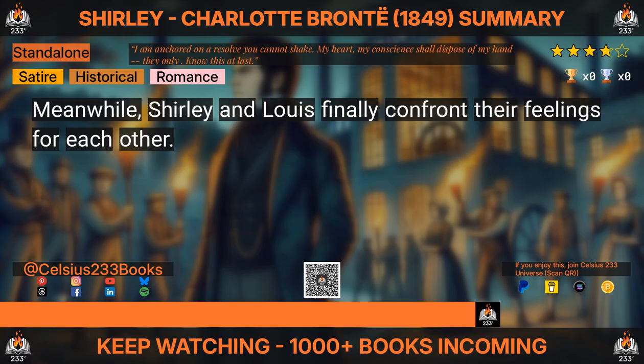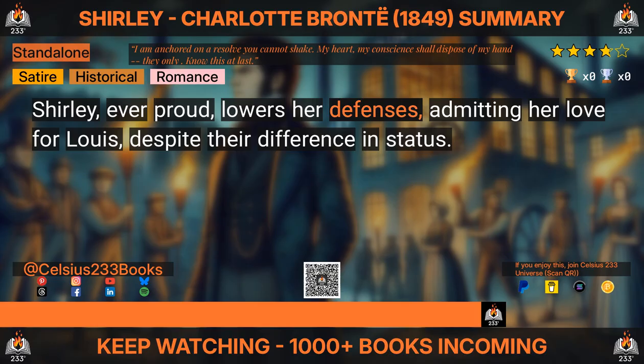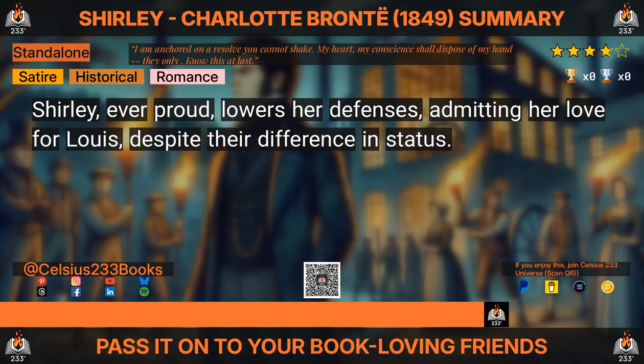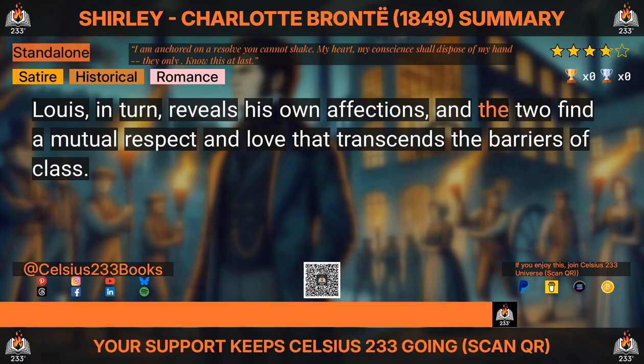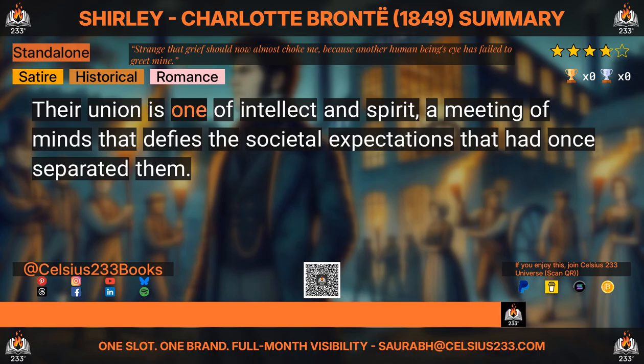Meanwhile, Shirley and Louis finally confront their feelings for each other. Shirley, ever proud, lowers her defenses, admitting her love for Louis, despite their difference in status. Louis, in turn, reveals his own affections, and the two find a mutual respect and love that transcends the barriers of class. Their union is one of intellect and spirit, a meeting of minds that defies the societal expectations that